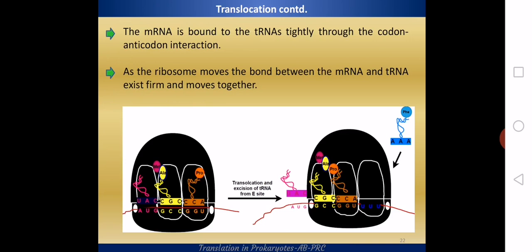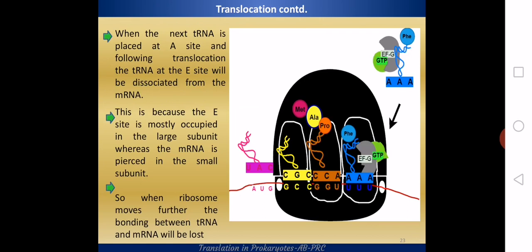Okay. This is how the movement of the ribosome causes shifting of tRNA from the P site to the E site or from the A site to the P site. This is because the mRNA is bound to the tRNAs tightly through the codon-anticodon interaction. That we already know, there is a codon-anticodon interaction and they are moving through a channel. And as the ribosome moves, the bond between the mRNA and tRNA still exists, and so they move together. But when the third tRNA or the fourth tRNA comes into place,